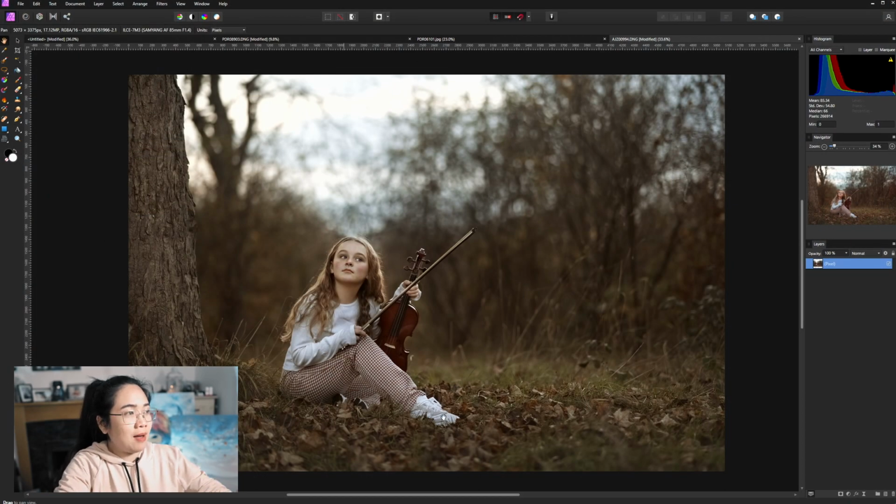The first way that I do this is, I think, the easiest one and straightforward, and this is the one that I usually use whenever I add fog on my images. So it's just the paintbrush tool. This is the image that I'm gonna be using for today. It's fully edited now, so I don't need to do anything else but the fog. So first, all you need to do is add a new layer